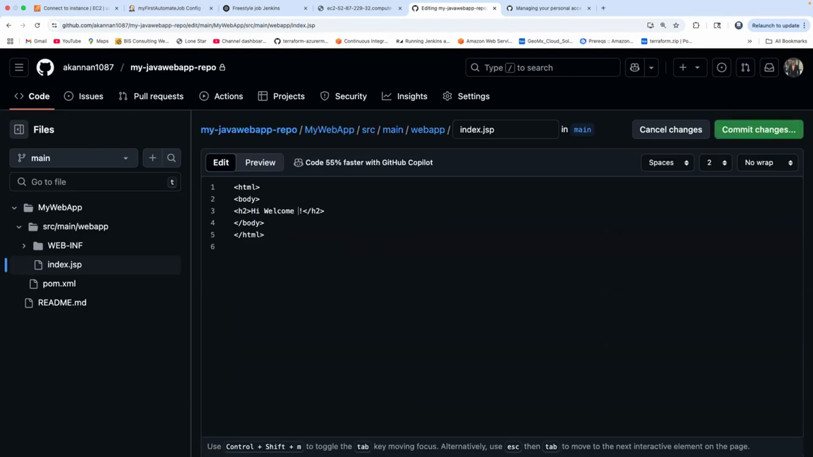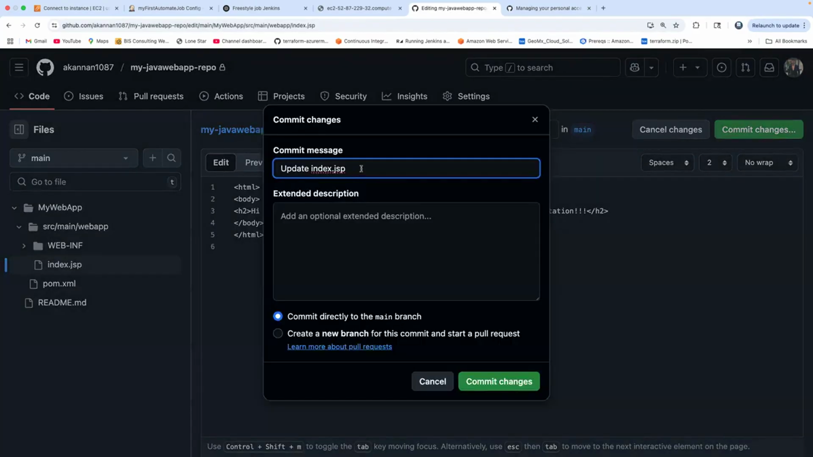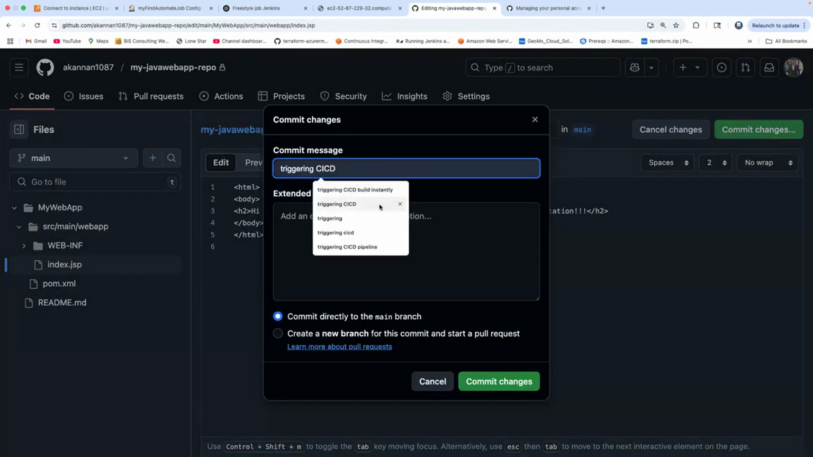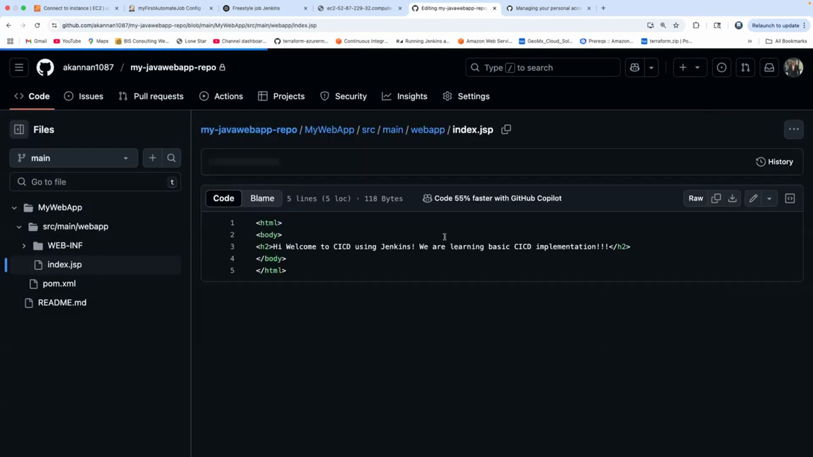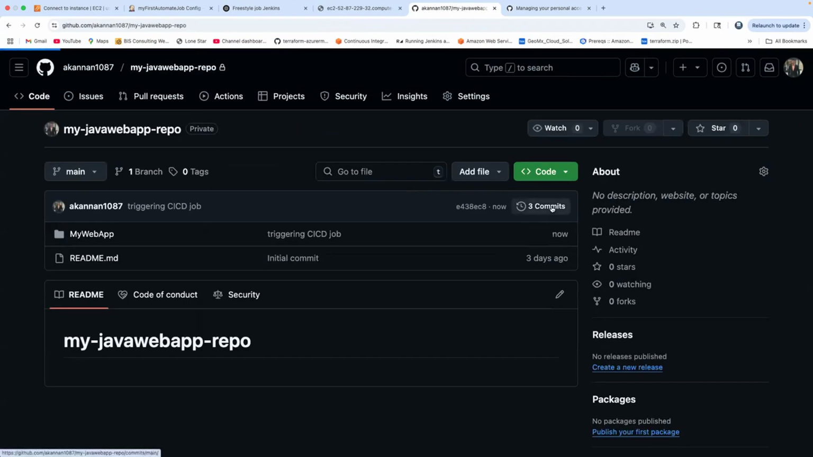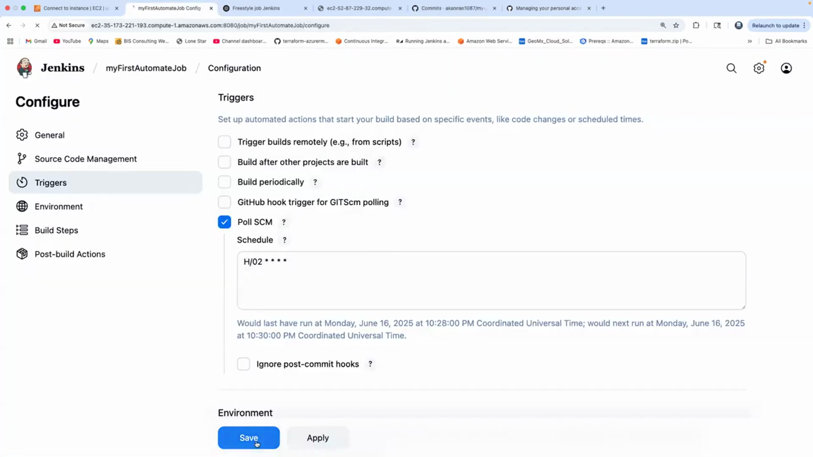So I'm going to say, hi, welcome to CICD using Jenkins. I'm going to say we are learning basic CICD implementation. Click on commit changes and then say triggering CICD job. Click on commit changes. So I have committed my code changes, isn't it? Now if I go back to